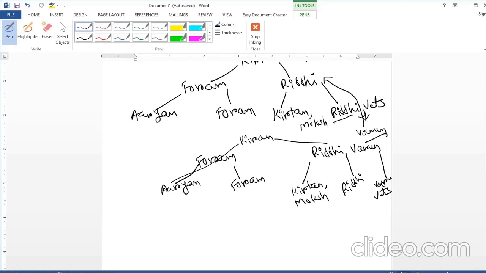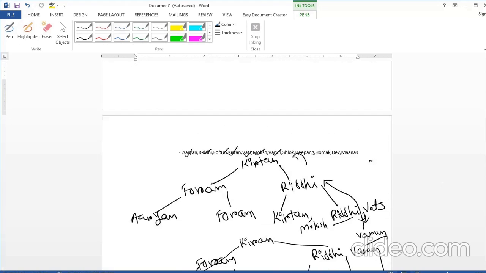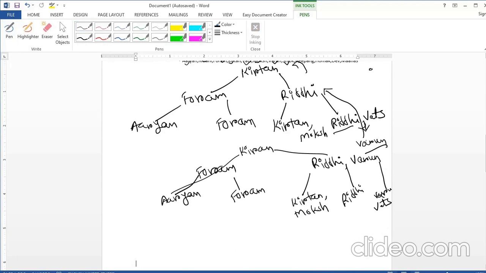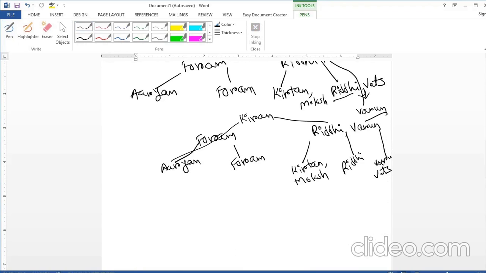Okay, so this is the tree after insertion of value Varun. So we are done with that value. Now the next value is Shlok. This value Shlok will be inserted here, with Riddhi. Fine, so you can directly write that value here, Shlok.